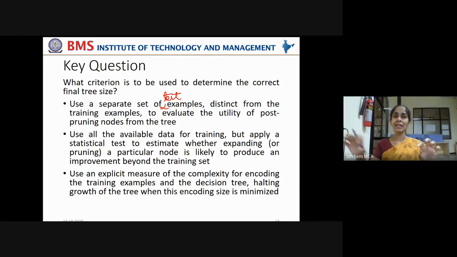Check the model's accuracy with the test data points. If it is giving better accuracy than before, remove that node, prune that node. If it is not giving better accuracy than before, keep the node. Do not prune it. That is the decision criterion, right?